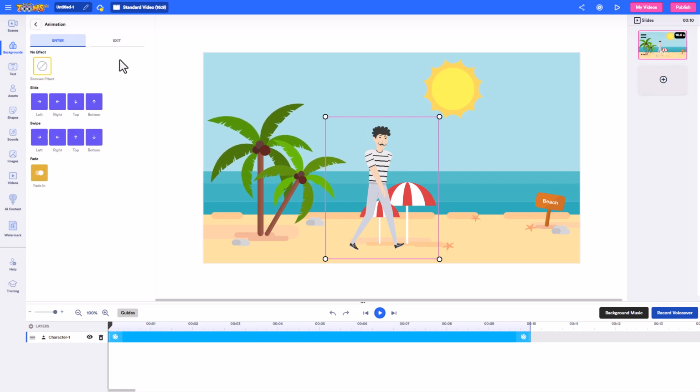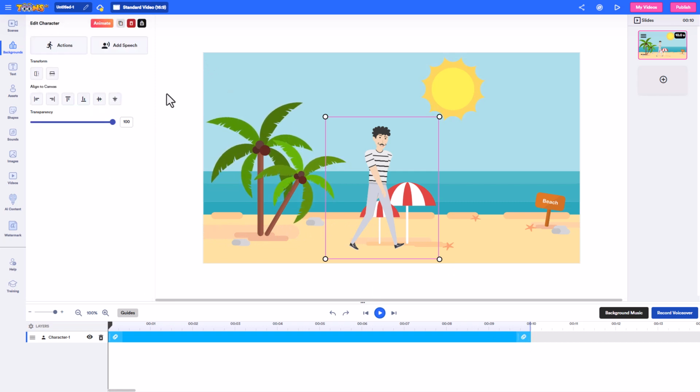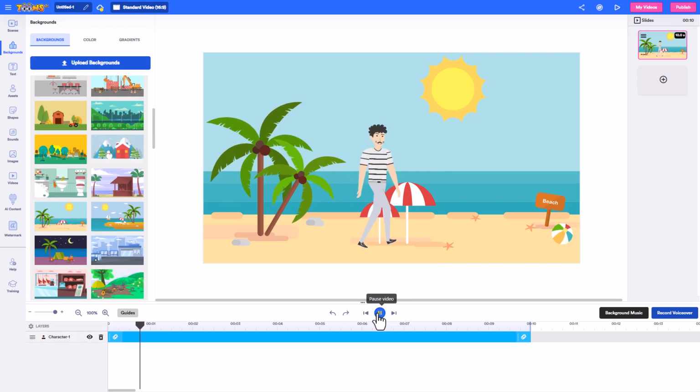In terms of entering and exit, I think we're going to have enter from the left, and we will have exit to the right. And so now we're just going to preview that. I'm going to go back to the start and preview it. Excellent.